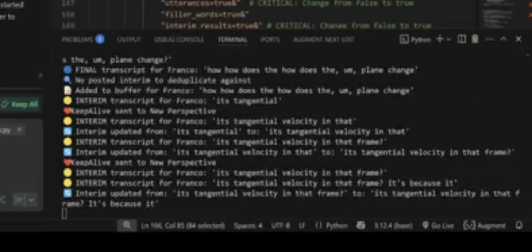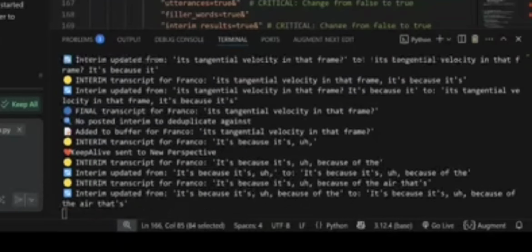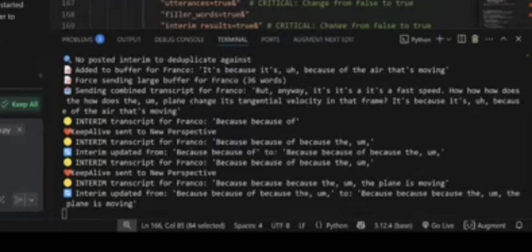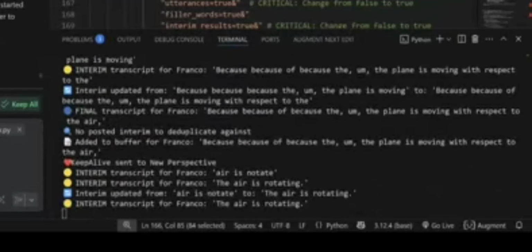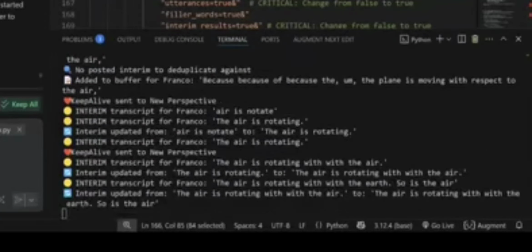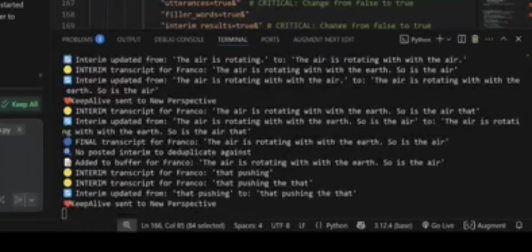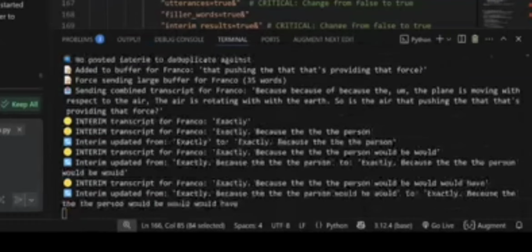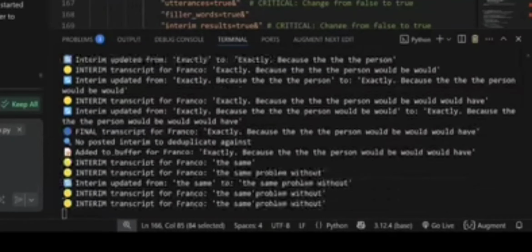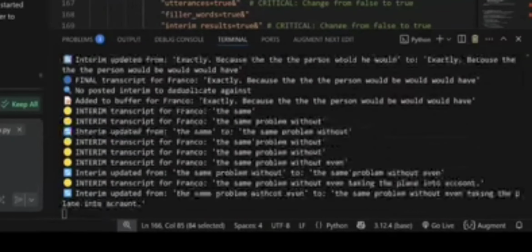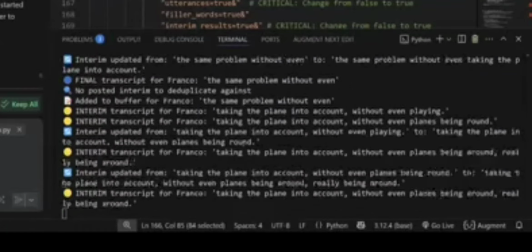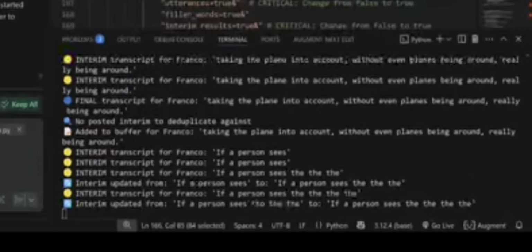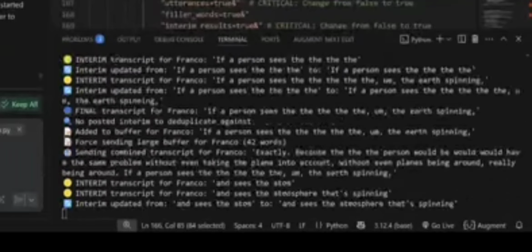It's because of the air that's moving, because the plane is moving with respect to the air. The air is rotating with the Earth, so it's the air that's providing that force. Exactly, because the person would have the same problem without even taking the plane into account, without even planes being around. If a person sees the Earth spinning and sees the atmosphere that's spinning with it, they say,